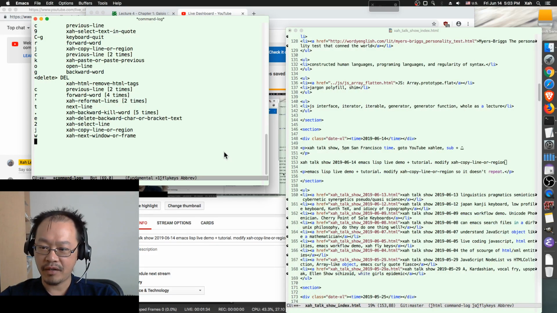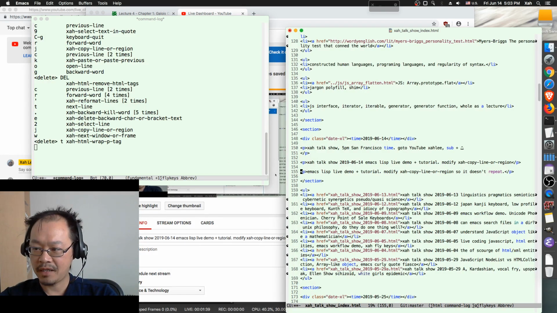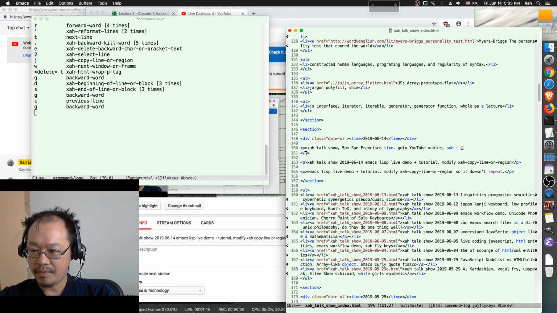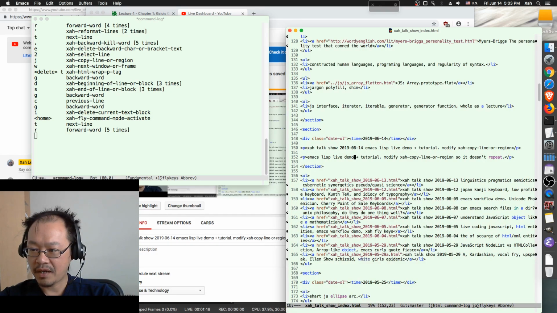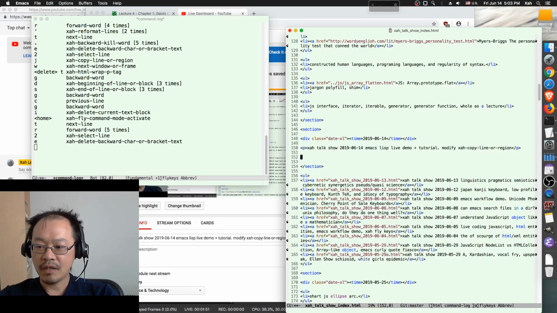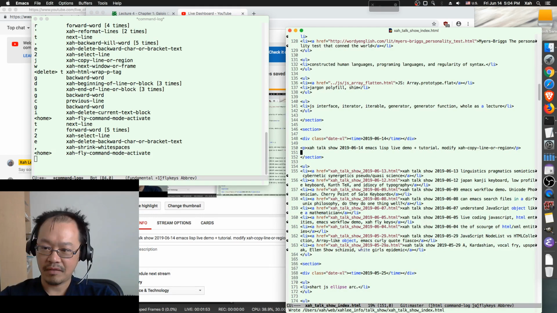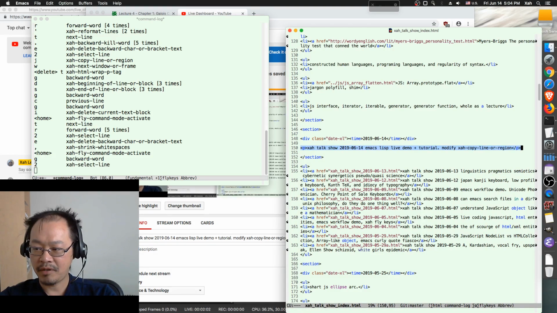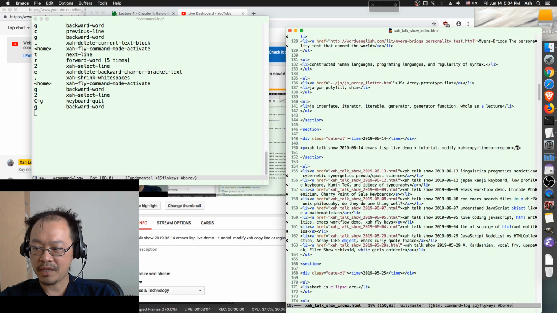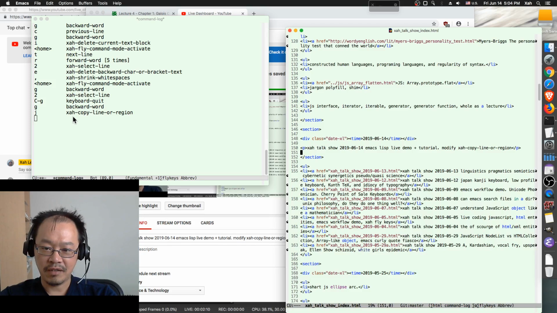So on the left window, as you know, it lists all Emacs commands I call. Doesn't matter if it's by Meta-X or by key. So Emacs live demo, that's right. What we're going to do is, let's begin the topic. I have a command called xah-copy-line-or-region. For example, suppose I want to copy this line. I just press the key. It's already copied. You can see on the left window I just called xah-copy-line-or-region,